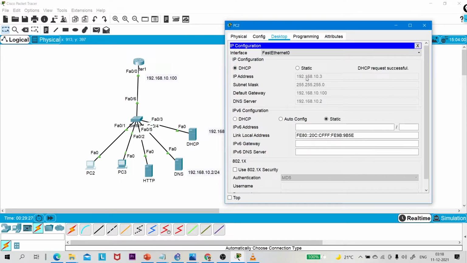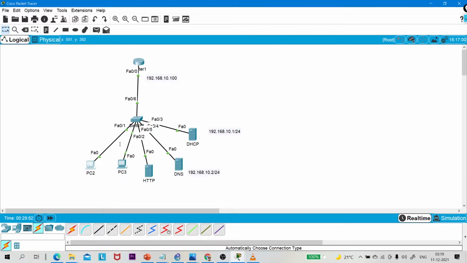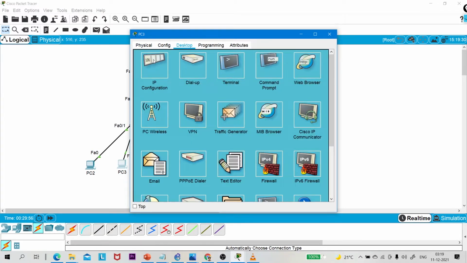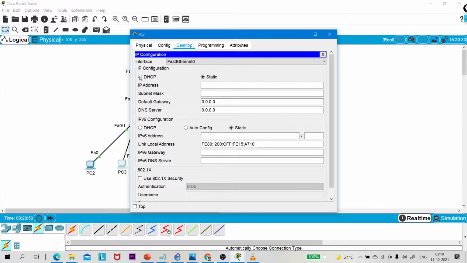So the IP address is 192.168.10.3. Subnet mask 255.255.255.0. Default gateway 192.168.10.100. DNS server IP address 192.168.10.2. So the DHCP server provided this information to this machine, right? In the same way, you can assign the IP address on PC3 as well. Click on Desktop, IP Configuration and DHCP.